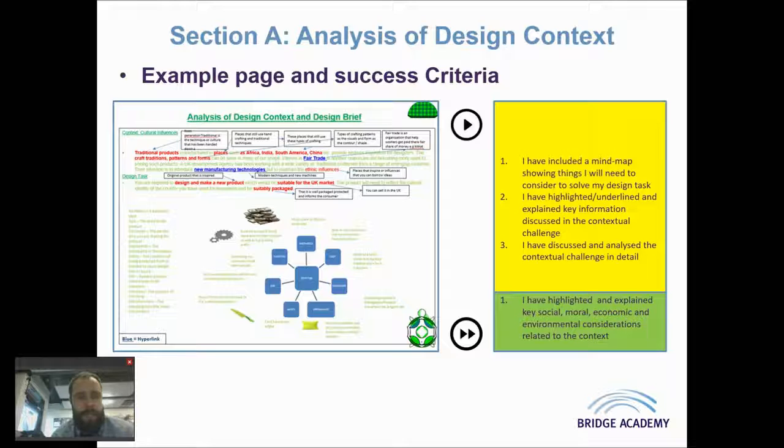In the second part, the design task there, he's highlighted the fact that he needs to make a new product. He's highlighted that it needs to be suitable for the UK market and suitably packaged. Okay, so he's picked out a lot of criteria there. Now, after he's highlighted those, he hasn't just stopped there. He's also gone and defined kind of what that means to him in the project. So he's highlighted traditional products there, and he's put from generations, tradition is the technique or culture that's been handed